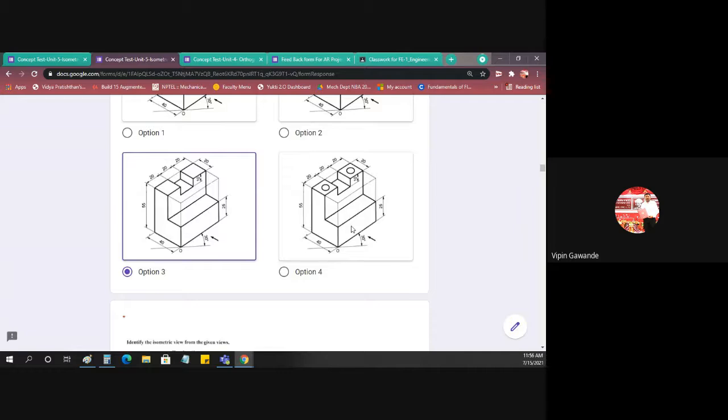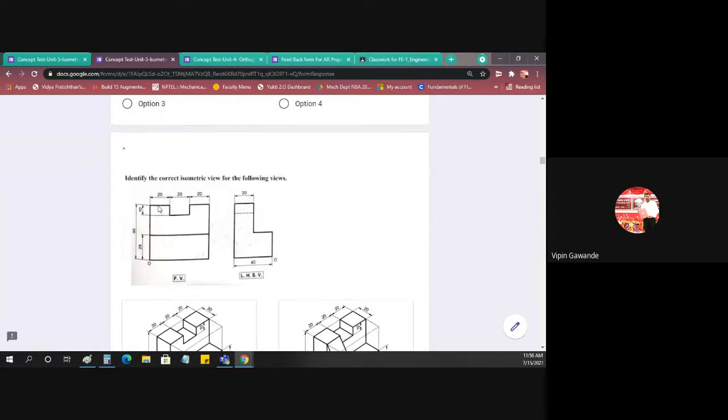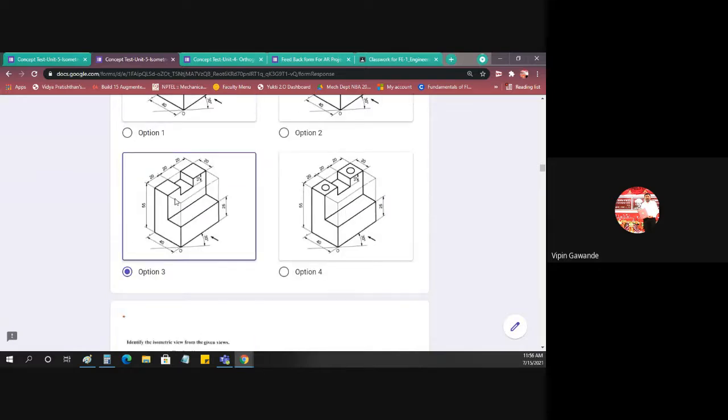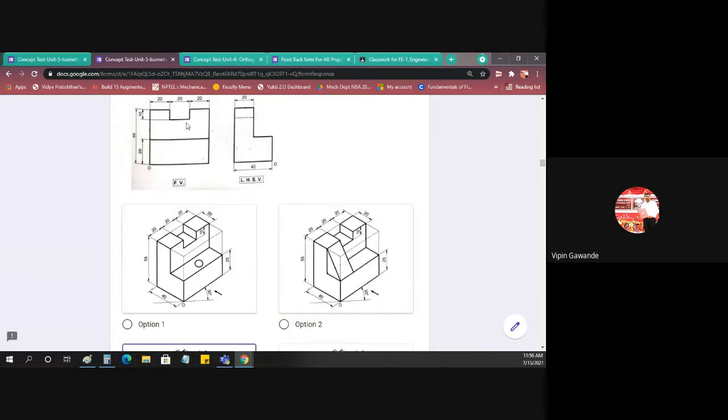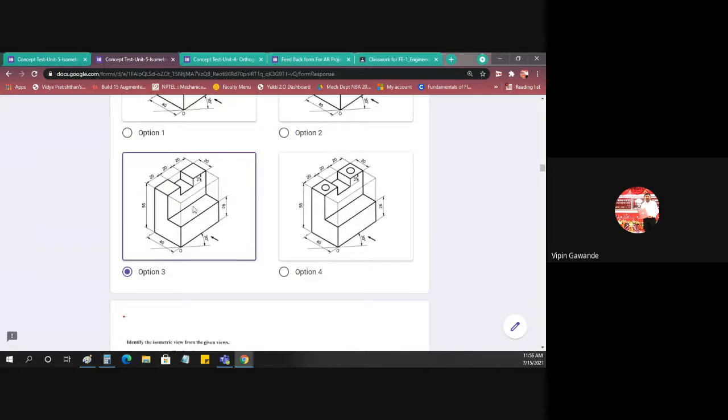That is problem number 2. For this problem, the front surface is there, the rectangle is there, the surface is also there, but because of these two circular cutouts, we'll get dotted lines. But dotted lines are not there in the front view. So this is not the correct option. So what is the correct option? The correct option is option number 3. In option number 3, we'll get the rectangle and this part, and in the left hand side view, we'll get one dotted line here because of this cutout.